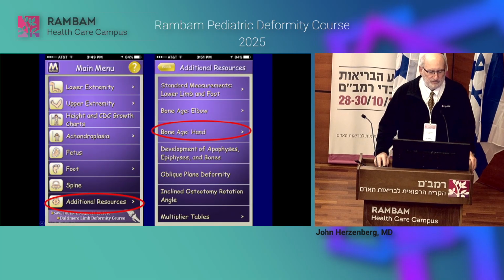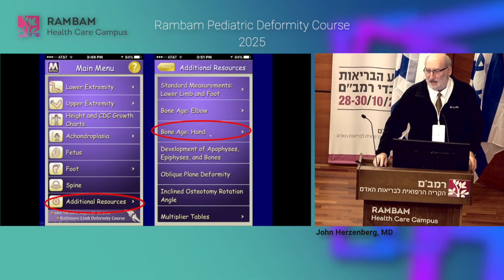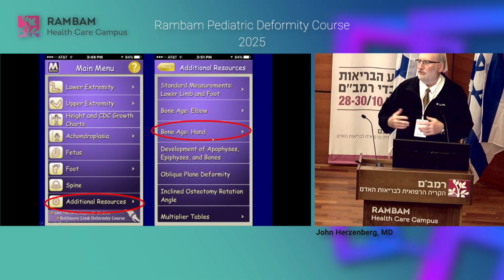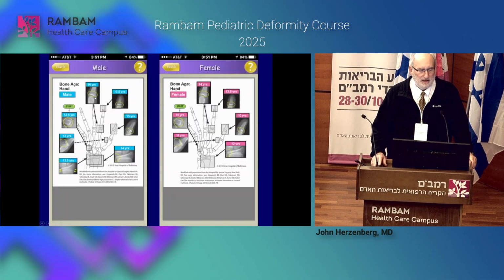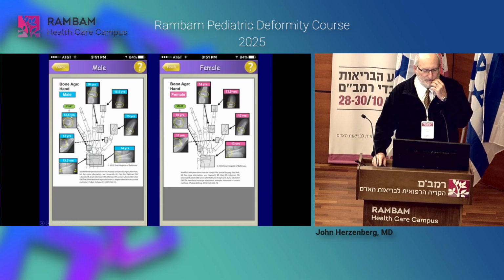We added some additional resources in here. For example, there's the hand bone age, not the full Greulich compile, but the HSS short form. This is really quick and easy, with one x-ray of a hand and just going around the circle.